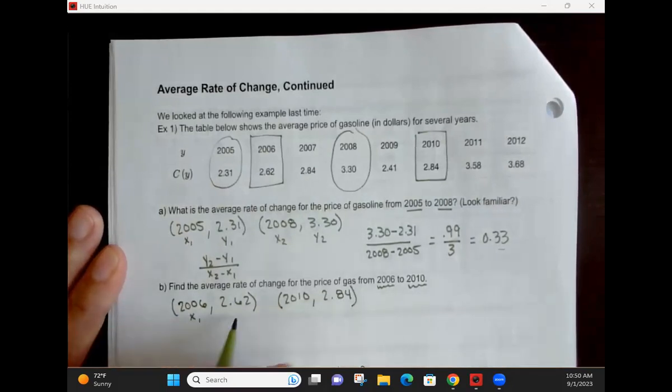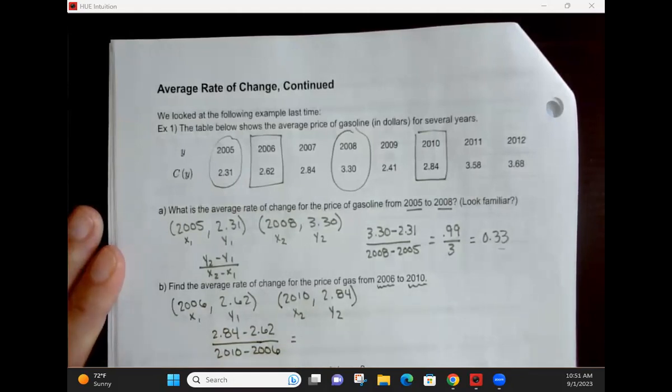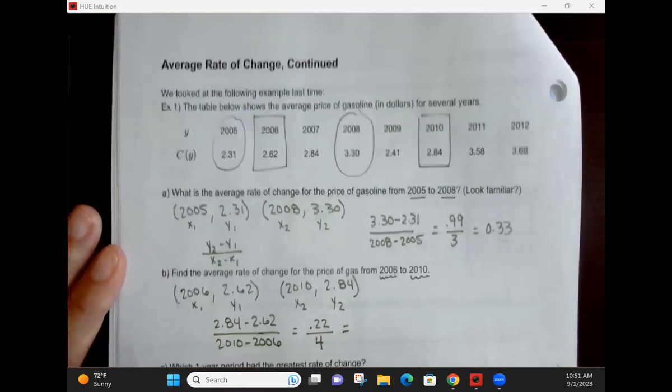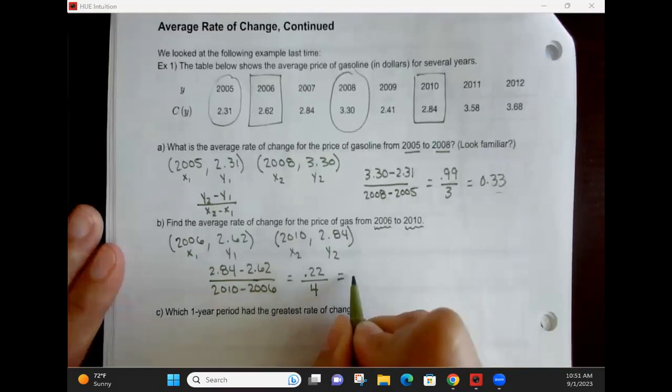Again, if you like labeling x1, y1, x2, y2, and we find the slope between those 2 points. 2.84 minus 2.62 on the top, and on the bottom, 2010 minus 2006. So on the top, we have a difference of 22 cents. And on the bottom, this is over a period of 4 years. So when we divide here, we get